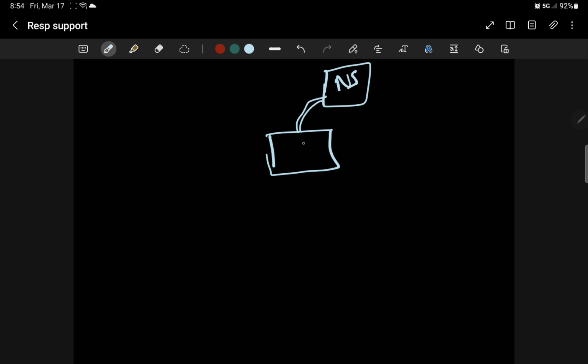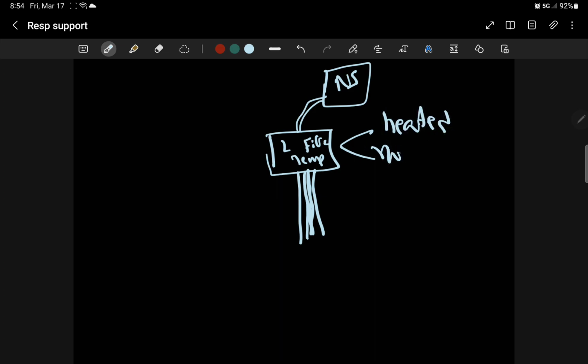It asks you for the liters that you want to give the patient, the FiO2 you want to give the patient, and a temperature to set. And then when it comes out, it comes as two tubes within each other, right? So you'll see that here it gives you heated and humidified